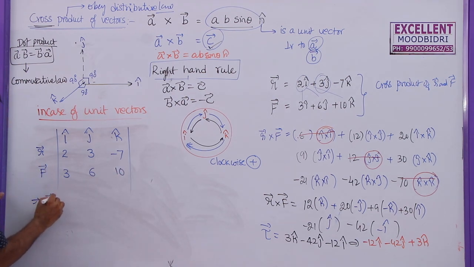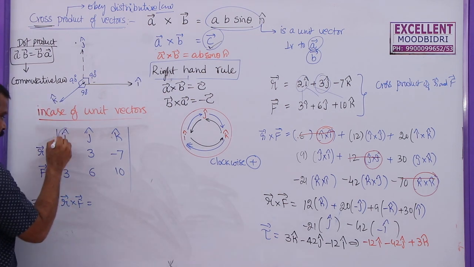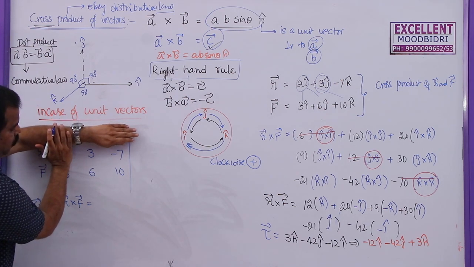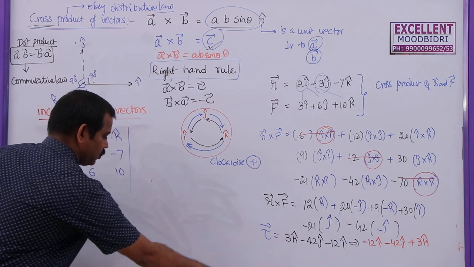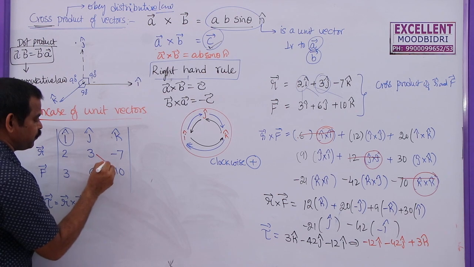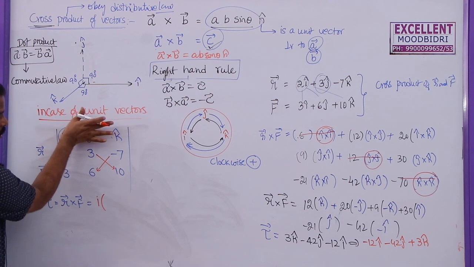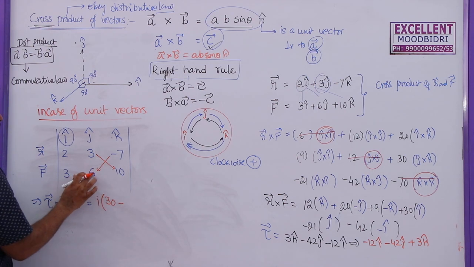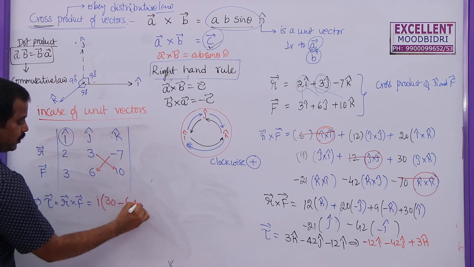So this torque vector is r bar cross f bar, which is given by, you first take the i cap here, close that row, close that column. So these two you have to close. The remaining terms 3, minus 7, 6, 10 are visible to us. So now you cross multiply the other numbers here, 3 tens. So I am going to write i here because I am closing this i row. In the remaining terms multiply 3 tens are 30, minus 6 sevens are minus 42. Already minus one more minus here, minus 42.